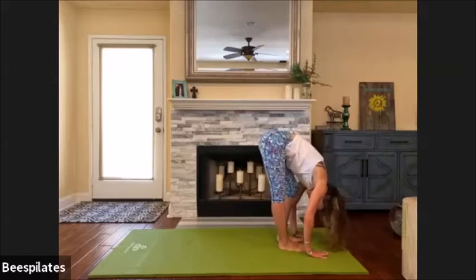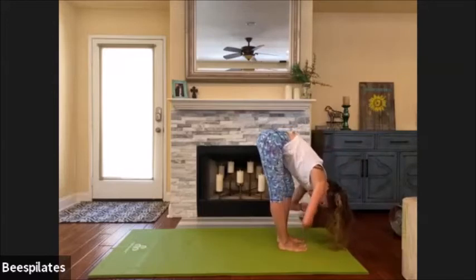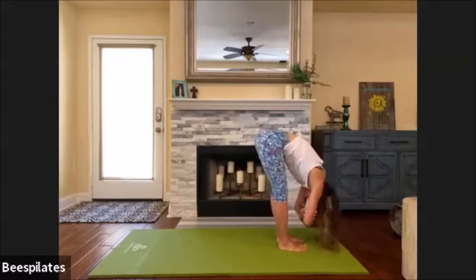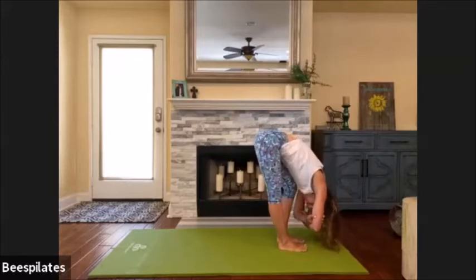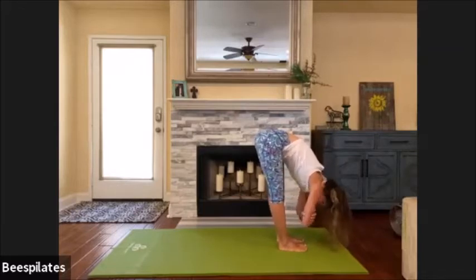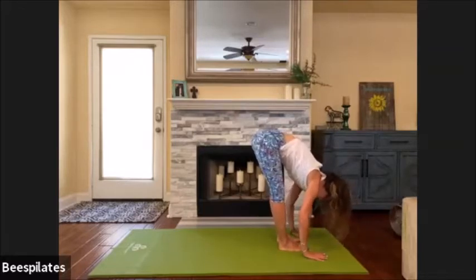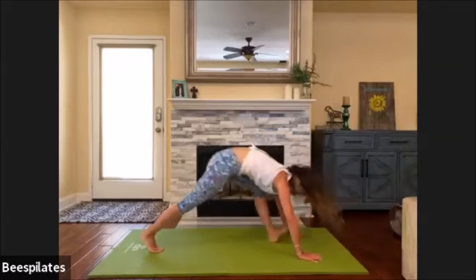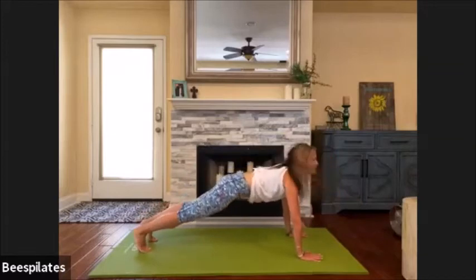Release the neck. Pedal the knees. If you want to hold on to the opposite arms, does that feel good to you? Find that nice stretch. Release it all. Hands come down. Bend the knees a little bit. We're going out to a plank. So step on out into your